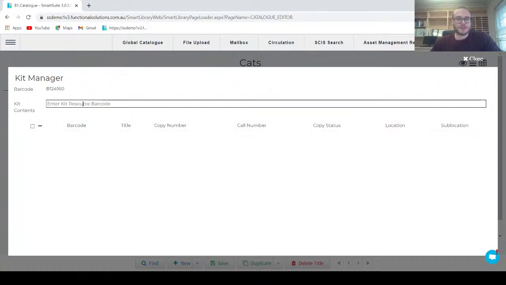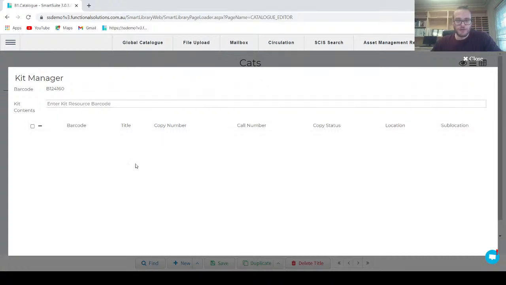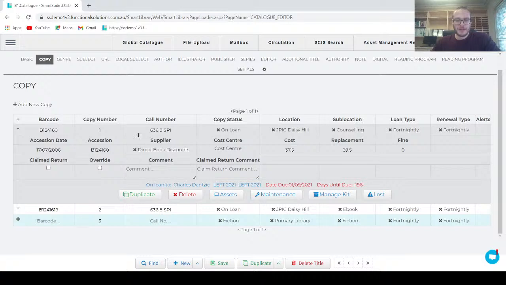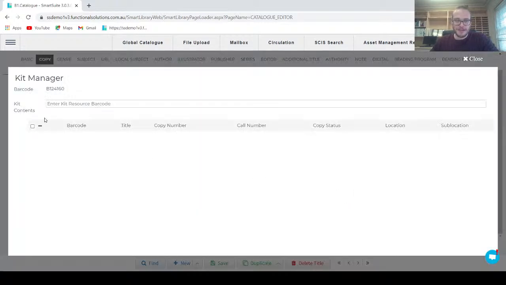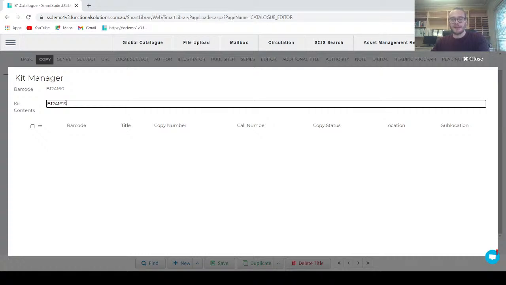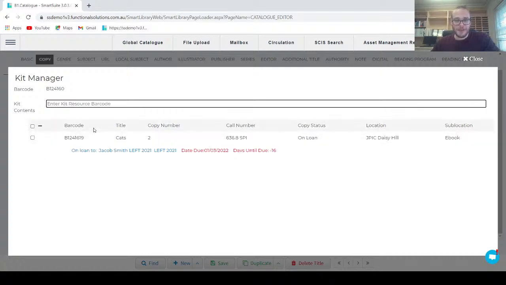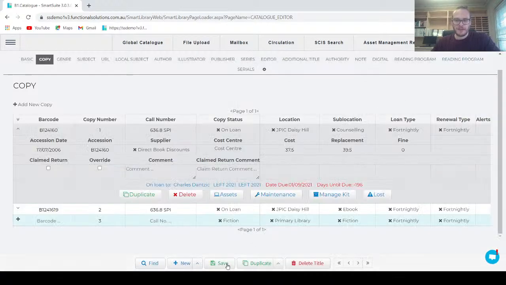However, if I enter another barcode into this box right here and click enter, then this copy, barcode B124160, will become the master record of a kit, and anything added will become the sub-records of that kit. For the purposes of this example, I'll copy this barcode, go back to Manage Kit, type the barcode here, and press Enter. I've now added this barcode to this kit. If I close this,